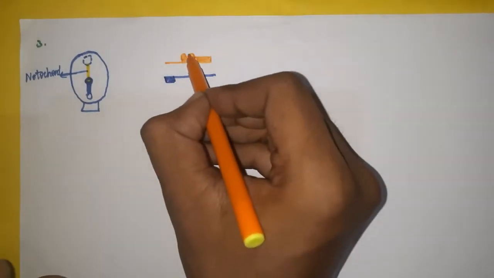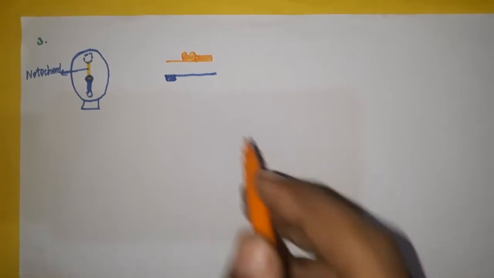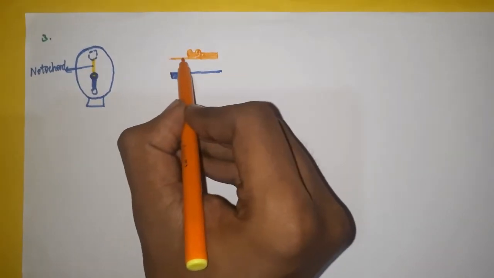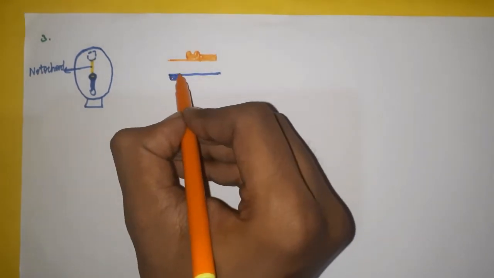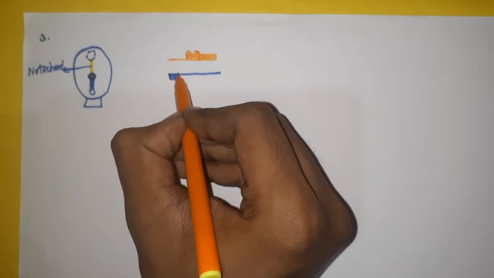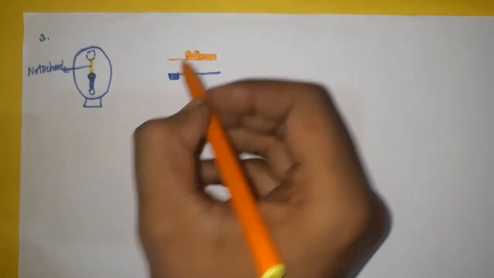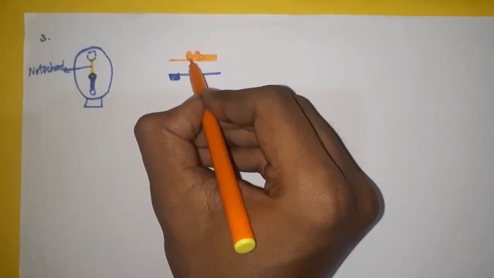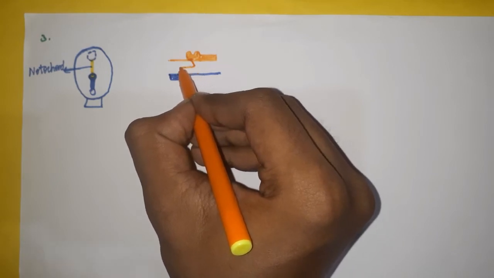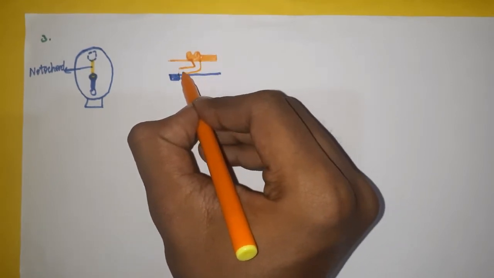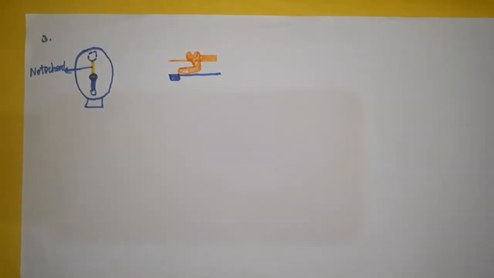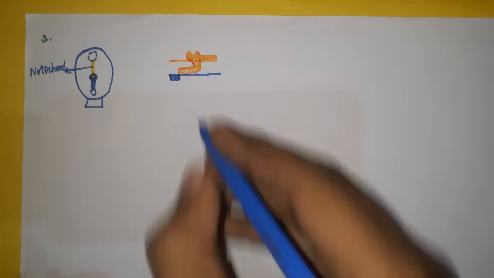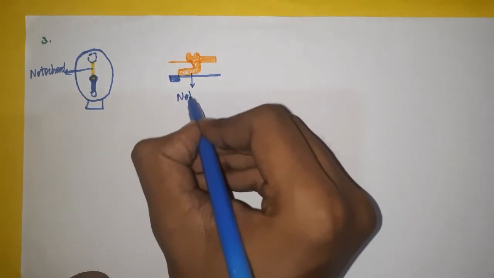What happens is the cells of the primitive knot proliferate, means divide, and they pass between the ectoderm and endoderm in the midline and reach the caudal margin of, what is this? Procaudal plate. They proliferate and reach like this. This solid tube is notochord. Okay, finally notochord is formed. Notochord.